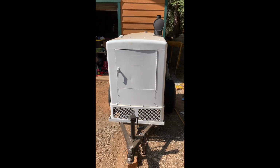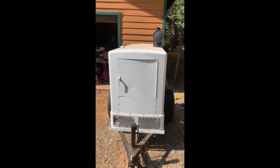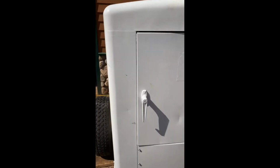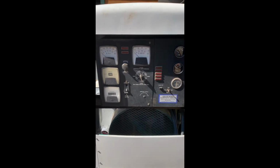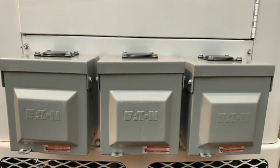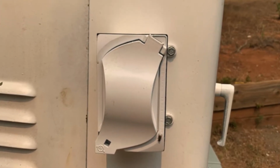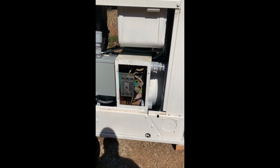This is my Onan 45 kW gasoline powered generator that I recently purchased and modified with a variable speed cooling fan system. The generator was in good shape when I purchased it, however, some of the maintenance items needed to be replaced. The coolant, the water pump, the thermostat, the hoses, they were all in pretty bad condition. There were no external leaks, but the coolant itself